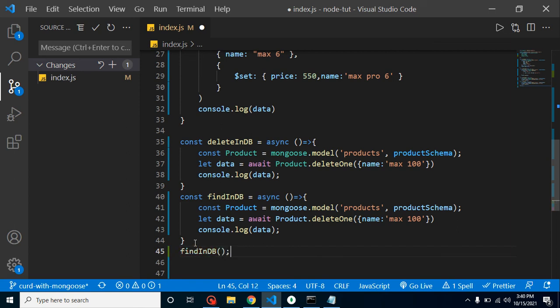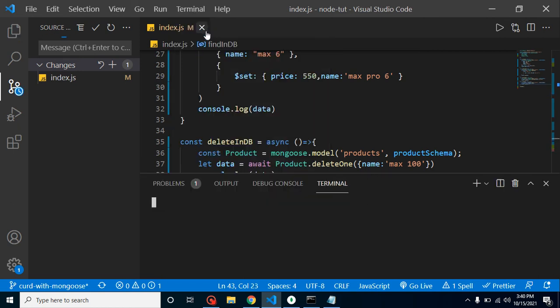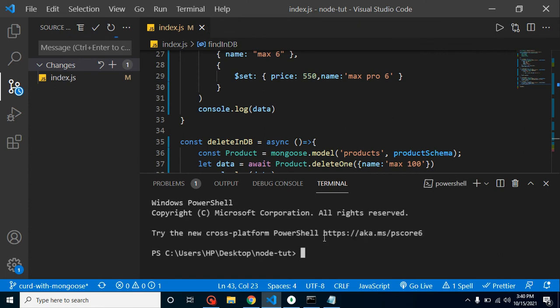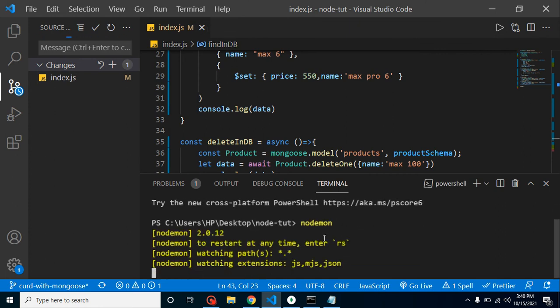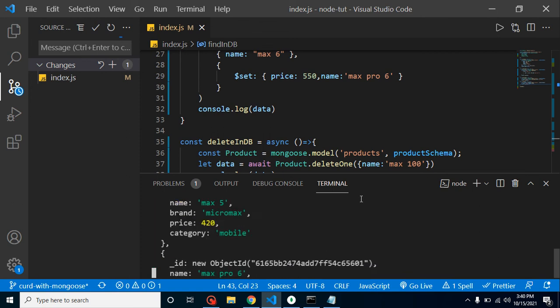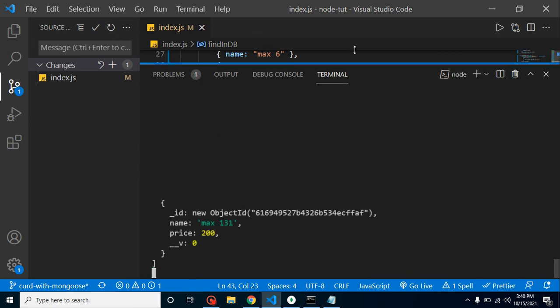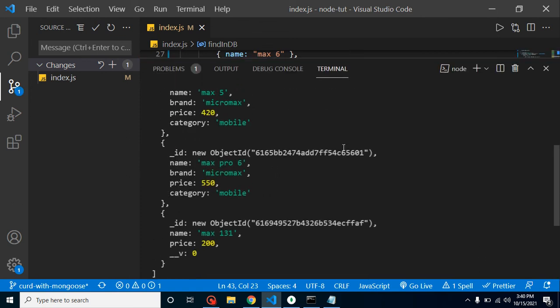And let's simply put find here, and if we are not putting any parameter inside find, it will just return all the results. And let's check that. There should be 3 results, and here you can see that we got all 3 results.